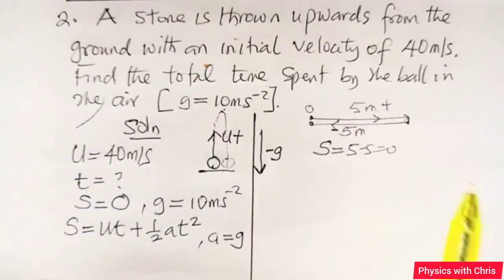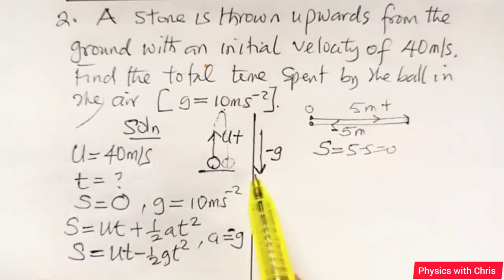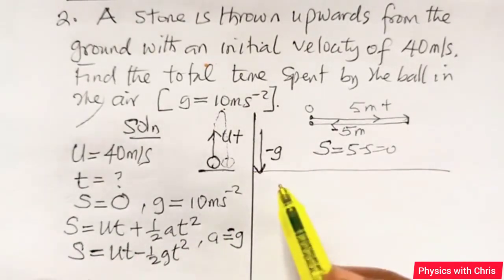That's the initial speed. That's a positive direction. My g, which acts downward, will be given a negative direction. So that gives me s equals ut minus half gt squared. By the time I replace a with minus g, that gives me half gt squared. So let me move to this part of the paper and then go on to write s